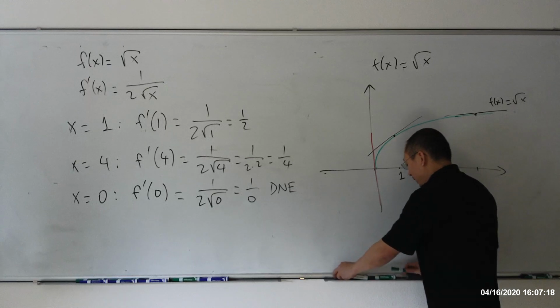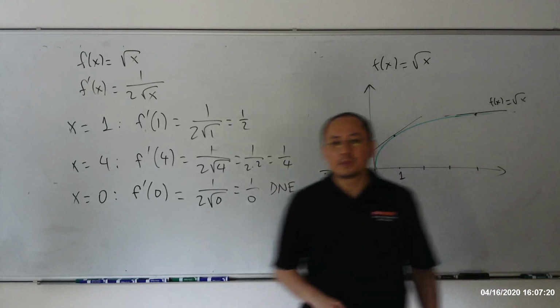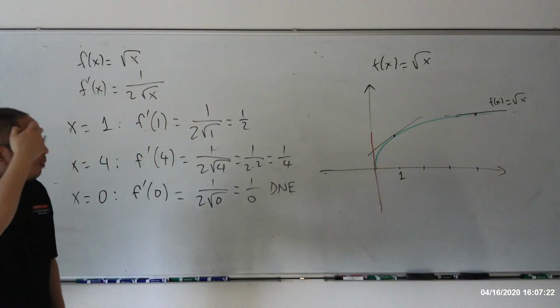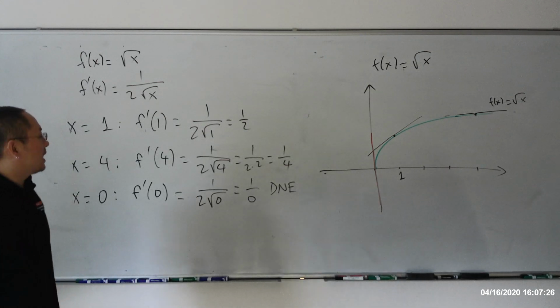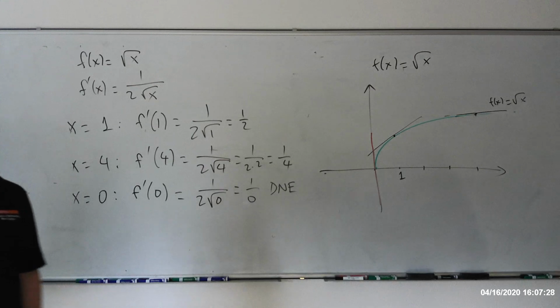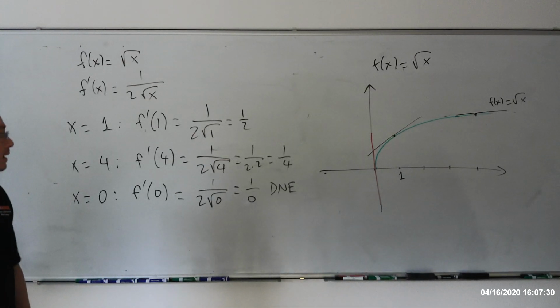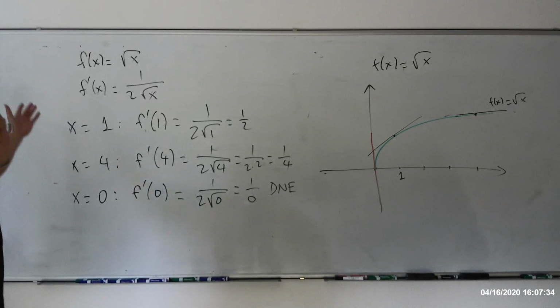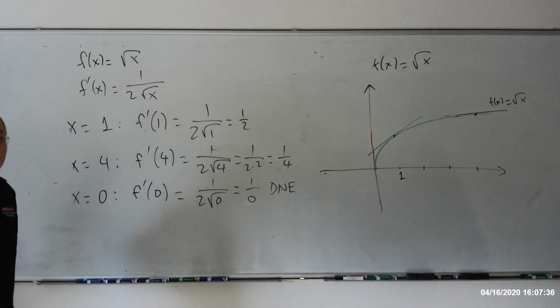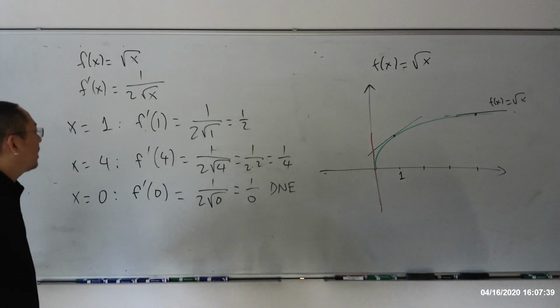Okay? Hopefully via a couple examples, it helped you to get a better idea of what it means by the slope of the tangent line, which now we call the derivative of the function at a point. And we have the derivative function, alright? Instead of calculating the slope of the tangent line at a specific point, we're going to find the